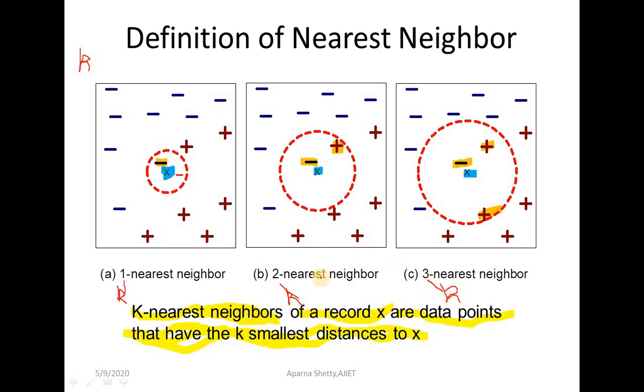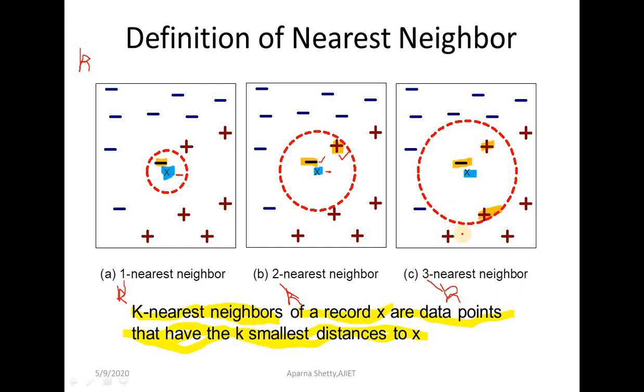For two nearest neighbors, you will find the two closest points. Next you have to assign the class label for this test data X. Now here if you see the neighbors, one has the class label minus and one more has the class label plus. So whether you assign class label minus or plus for this test data depends on the closest neighbor. The closest neighbor is this, and it has the class label minus. So over here you will assign the class label minus for this test data.